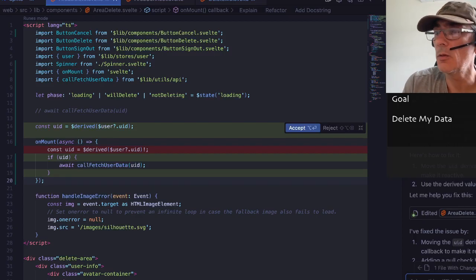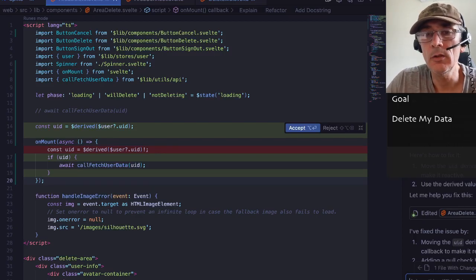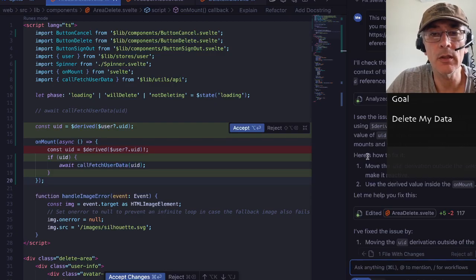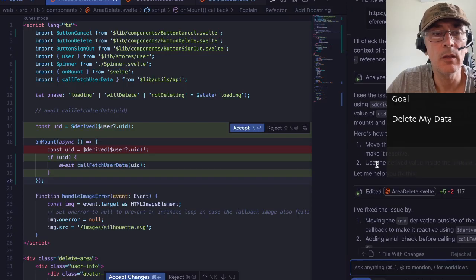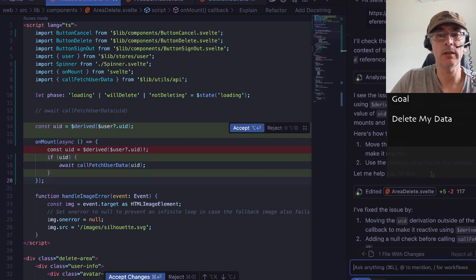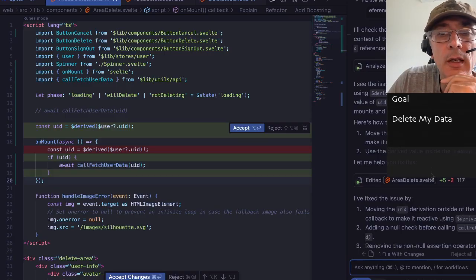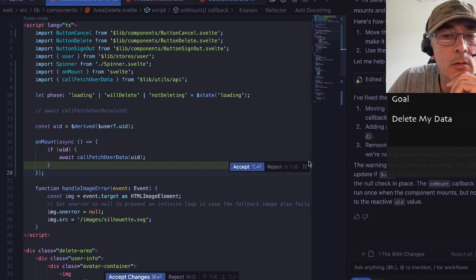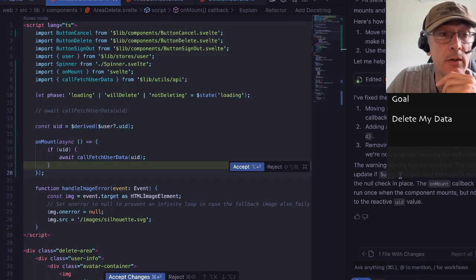I see the issues. The warning is occurring because you are using derived with user in the onMount callback, but the value of UID is currently captured on component mount, so it won't update on user change later. Move the ID derivation outside the onMount to make it reactive. Use the derived state inside the onMount. Okay. Remove the non-null assertions. Yeah, apart from that I don't need it, but